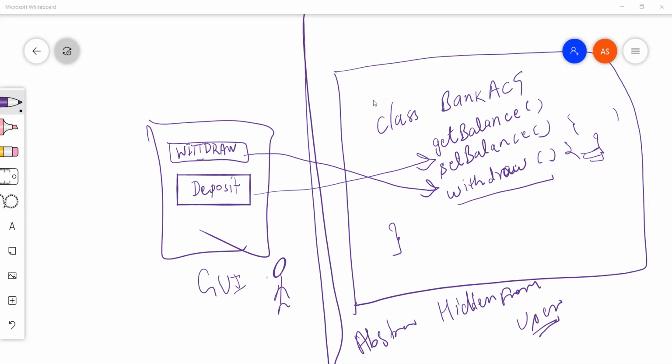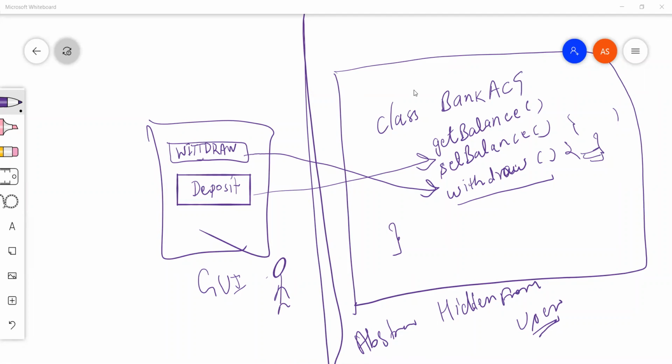When I'm sharing my screen, I can only see the whiteboard. Implementation of relevant data is hidden from the user. Yes, you can say, Mamta.